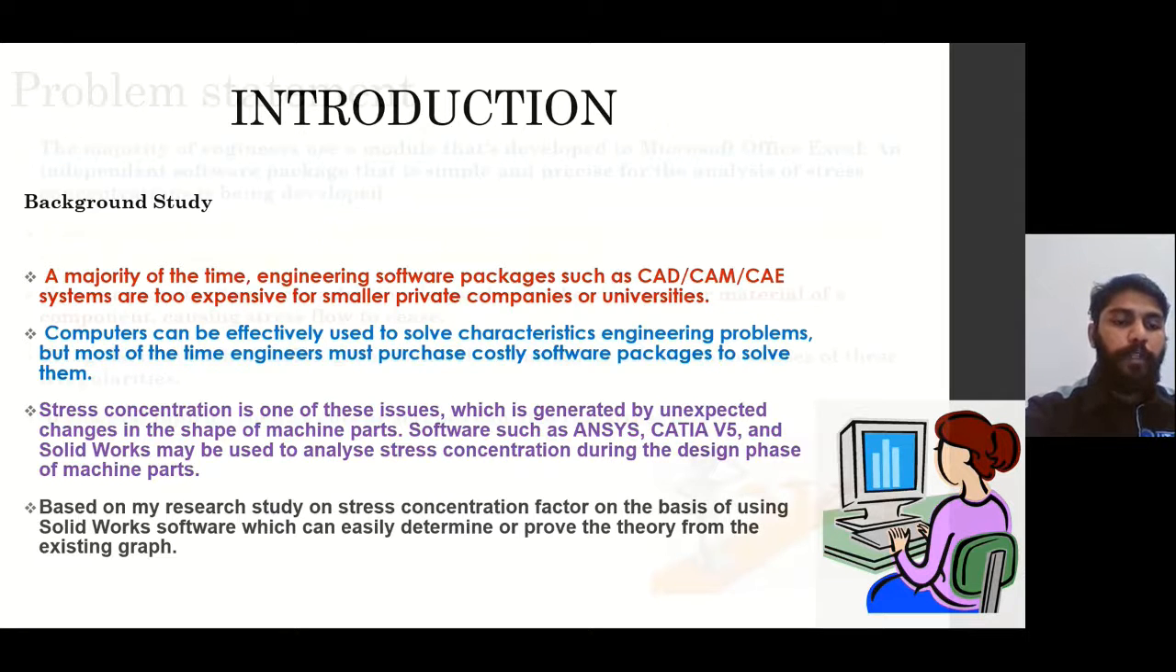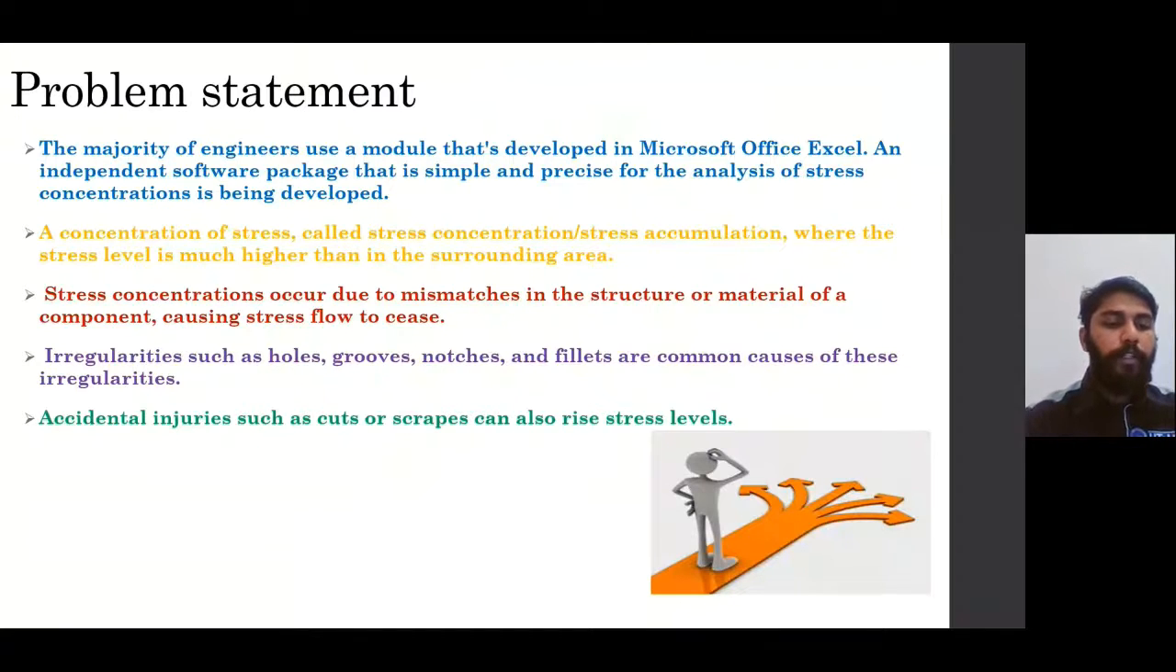Let's see the problem statement of my project. In today's world, it is difficult to find software developed exclusively for stress concentration analysis. The majority of engineers use a module that is developed in Microsoft Office Excel, an independent software package that is simple, and purchased for the analysis of stress concentration. By using SolidWorks software, engineers should be able to quickly find the stress concentration factor for machine elements that change